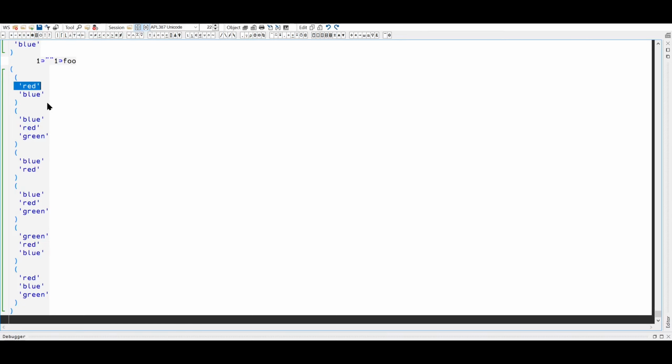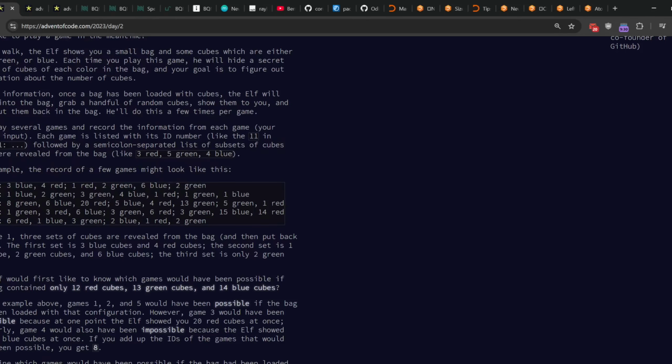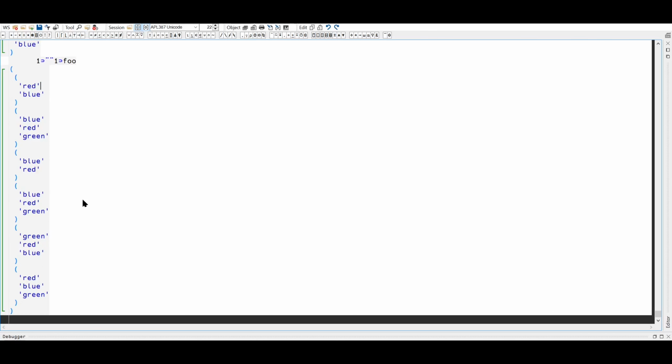I could instead build up, I could, actually, hold on. Is there a total number of balls per, or cubes per bag? Random cubes. Yeah, okay. It doesn't tell you. I was gonna say I can, yeah. So I think what I have to do is